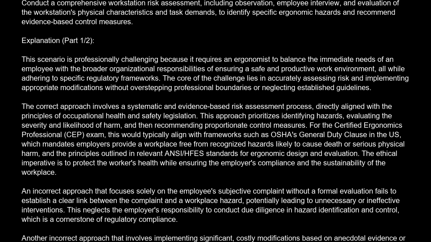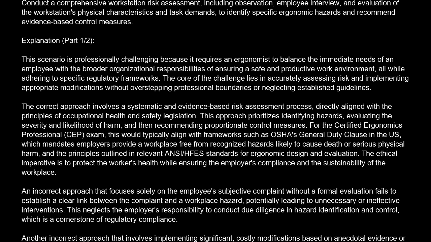Explanation. This scenario is professionally challenging because it requires an ergonomist to balance the immediate needs of an employee with the broader organizational responsibilities of ensuring a safe and productive work environment, all while adhering to specific regulatory frameworks. The core of the challenge lies in accurately assessing risk and implementing appropriate modifications without overstepping professional boundaries or neglecting established guidelines. The correct approach involves a systematic and evidence-based risk assessment process, directly aligned with the principles of occupational health and safety legislation. This approach prioritizes identifying hazards, evaluating the severity and likelihood of harm, and then recommending proportionate